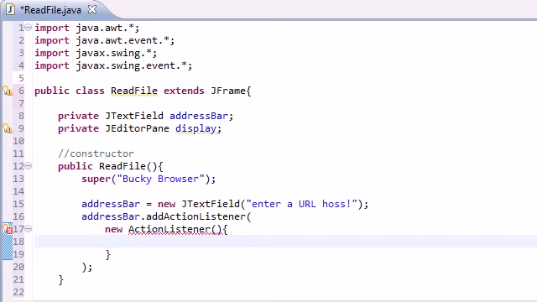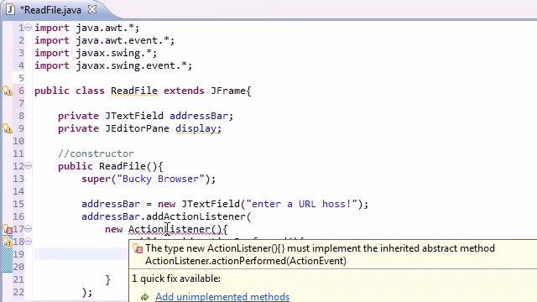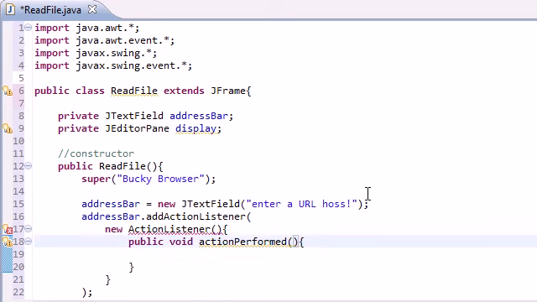Now the method that gets called whenever the user presses enter is action performed. So public void action performed. Hopefully I spelled that right. Alright, looks pretty good. Action listener. Alright, so I don't know. I'm getting a bunch of weird error messages, but I think it's just because I didn't finish coding this method